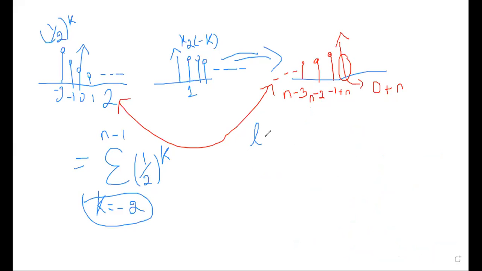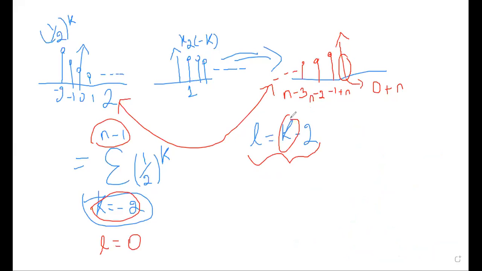Can I take L equals k plus 2? If I take L equals k plus 2, can you tell me what changes I can make in the existing formula? Can I make this as L equals 0? Am I right here? Yes, L equals k plus 2. Then what about the upper limit? Can you substitute and get me the answer? In place of k, you have to substitute n minus 1. What is the upper limit? How is it converted now? n minus 3? Is it n minus 3?